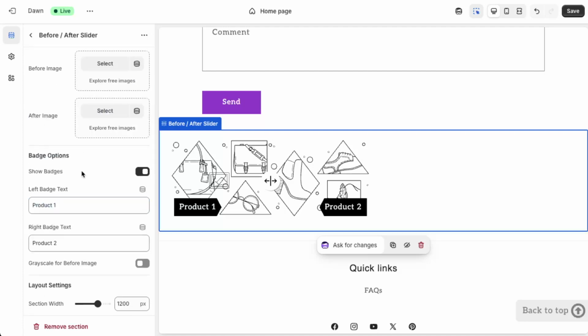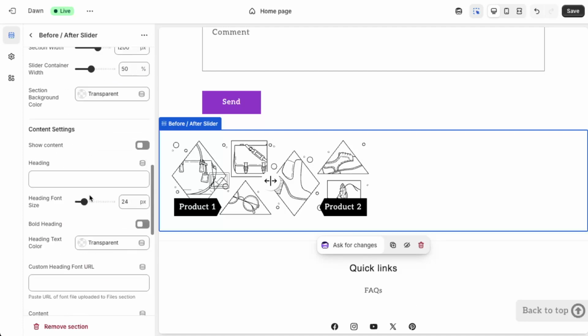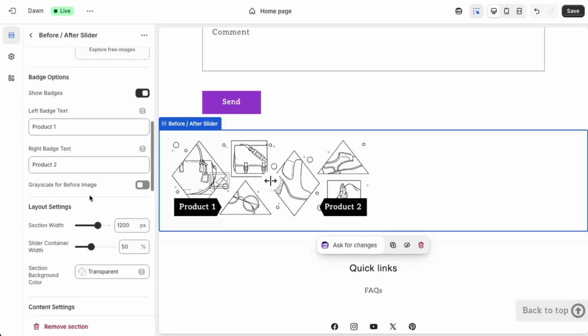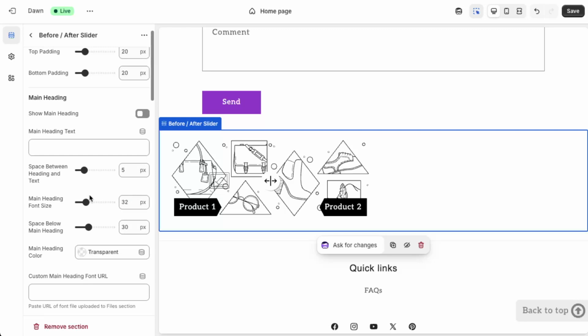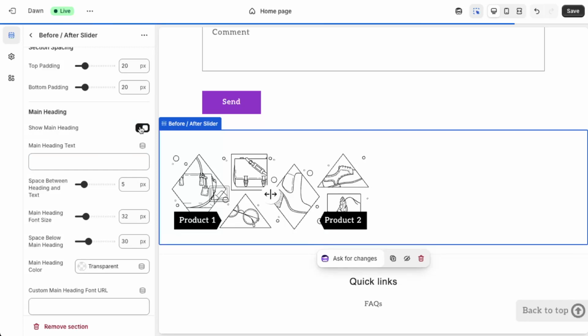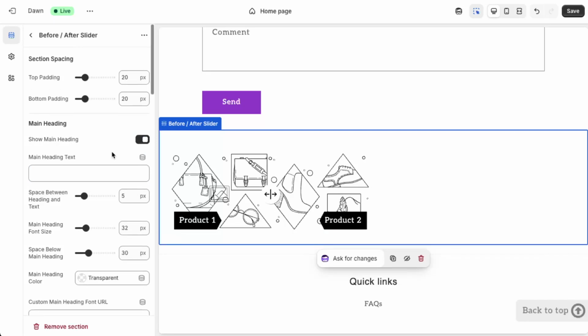Once it's added, click on the new section in the left panel. You'll now see settings where you can upload your before and after images, add a main heading, and adjust things like spacing and padding so it fits your design. Take a moment to tweak these options until you're happy with how it looks. When you're done customizing, make sure to click Save in the top right corner. Your before and after slider is now live on your